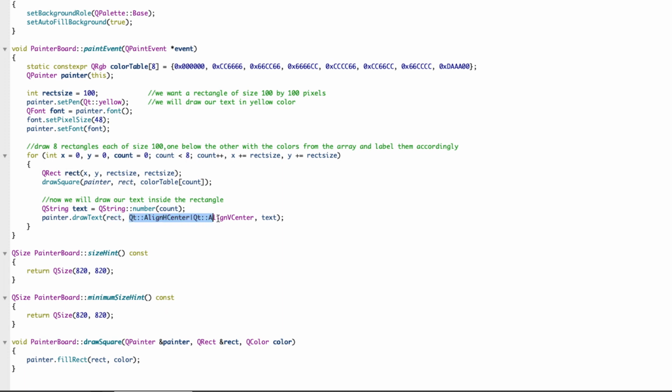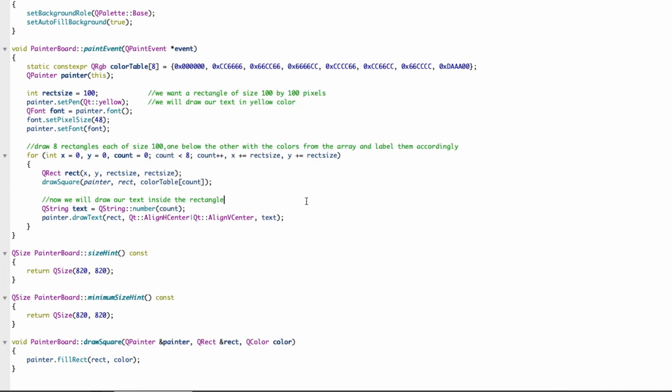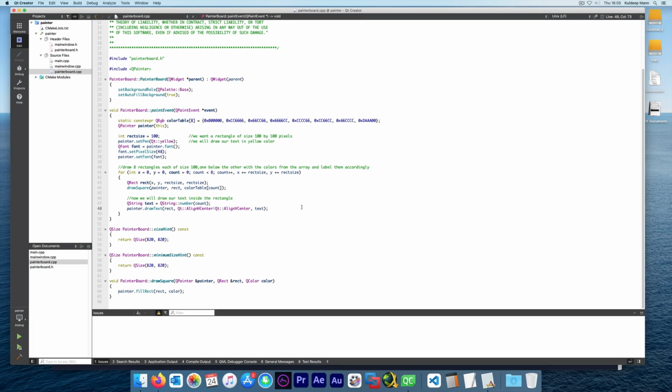How the text should be displayed, I want it displayed in the center, both horizontal as well as vertical, so our text is centered in the rectangle, and it wants the actual text, which I give as the number of the current color. And that's it, to be honest. It's very simple here.